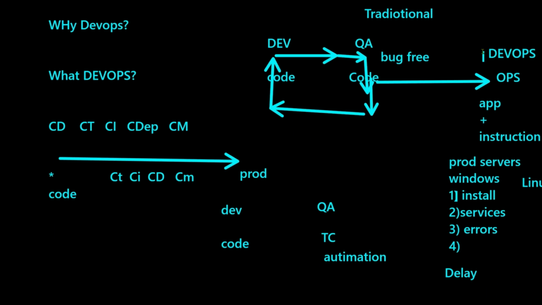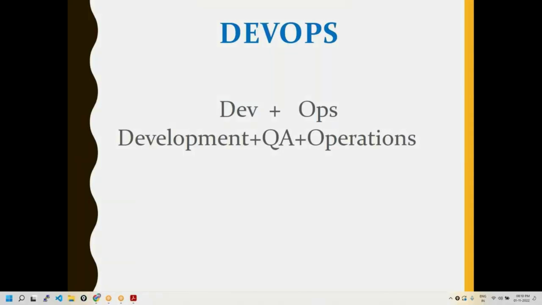So does it mean that developers should also know coding? And who are this DevOps team? What knowledge should they have? How can they automate this process? So let's talk about this now.